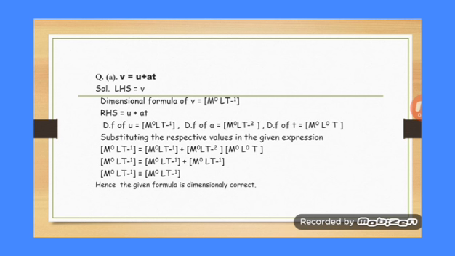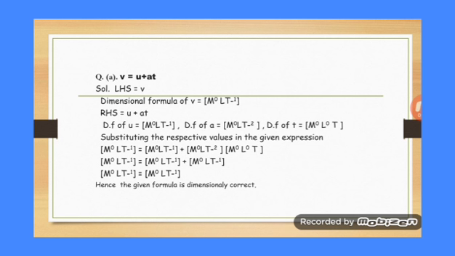On the left side it is V. What is V? V is the velocity, and the dimensional formula of velocity is M⁰LT⁻¹. Now see the right side. On the right hand side there are three physical quantities: u, a and t. What does u denote? u is the initial velocity, therefore the dimensional formula will be M⁰LT⁻¹. a is acceleration, therefore it will be M⁰LT⁻². t is time, therefore M⁰L⁰T, or in simple words, it is T.